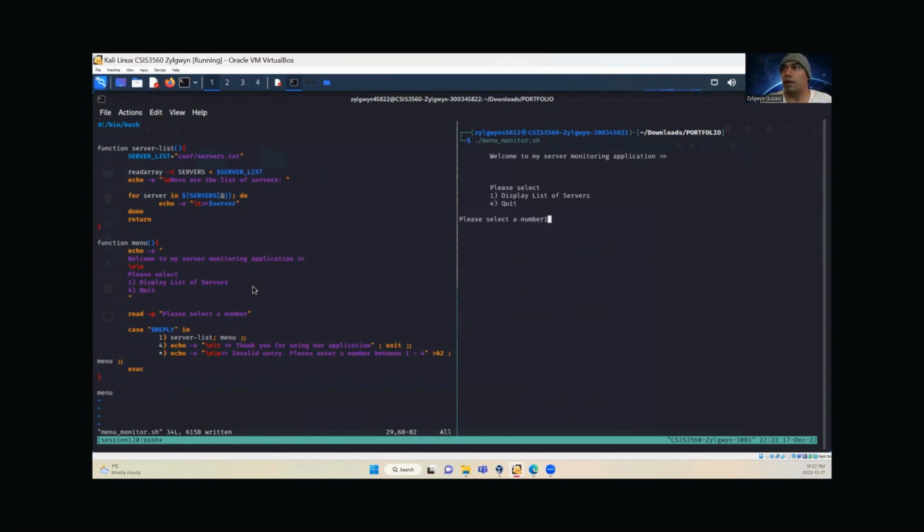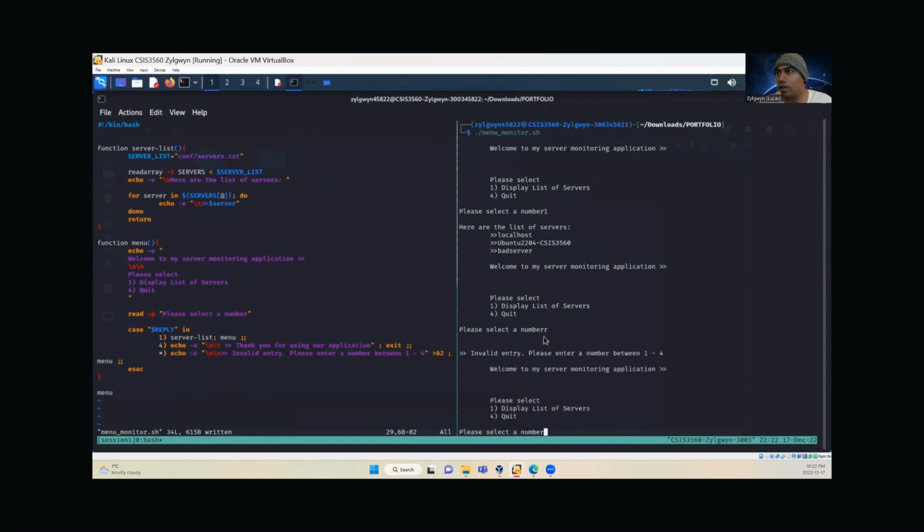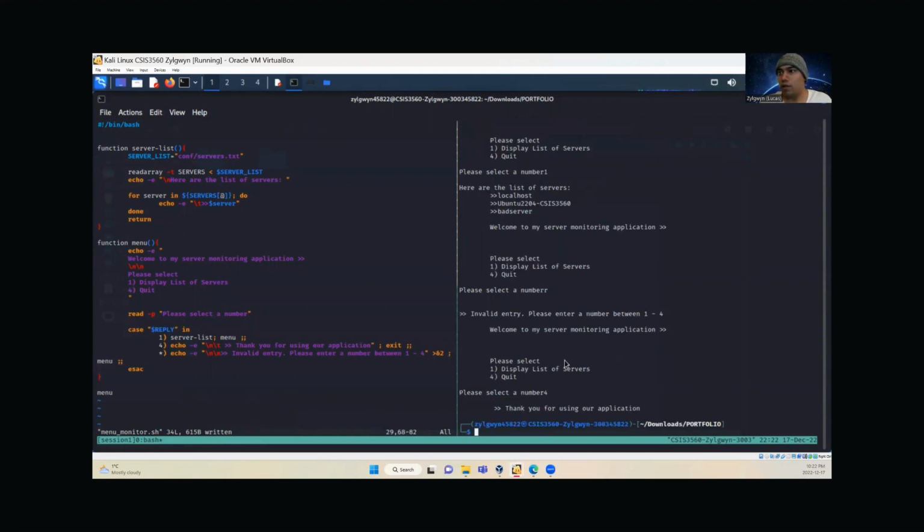So 1 is displaying a list of servers. There you go. Let's say we are just typing some random stuff here, say type a string. So invalid entry, this number, which is 1 to 4. So that works properly. If you want to quit, press number 4. There you go. That's the message: thank you for using our application. Right, now that we have that in place, let's continue with function number 2, which is displaying the disk space used